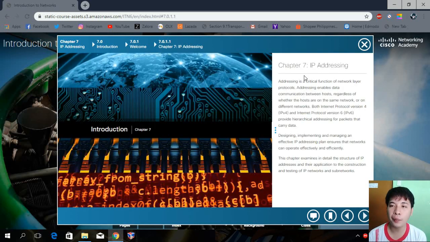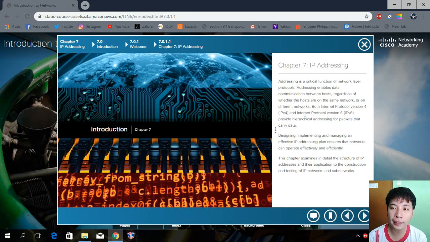Chapter 7, IP addressing. Addressing is a critical function of a network layer protocol. Addressing enables data communication between hosts regardless of whether the hosts are on the same network or on different networks. Both Internet Protocol version 4 and Internet Protocol version 6 provide hierarchical addressing for packets that carry